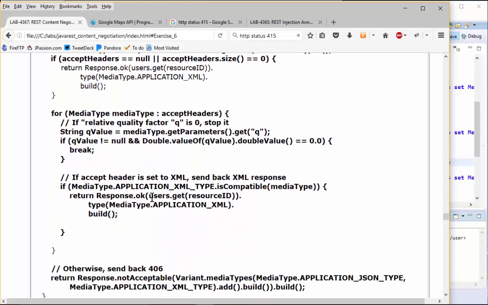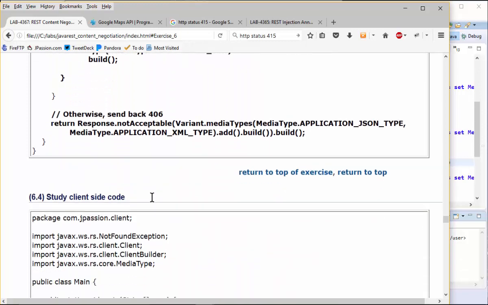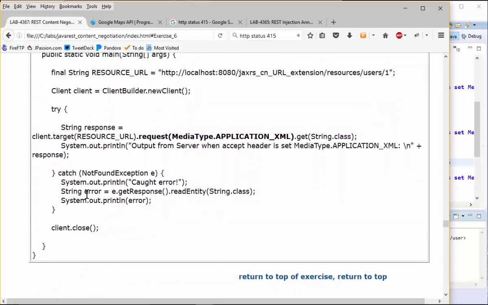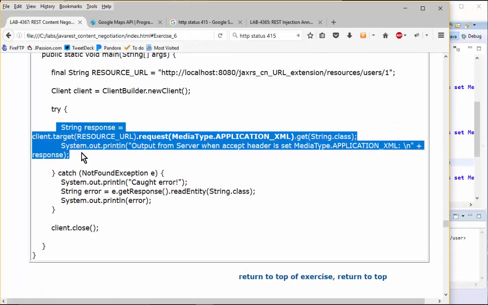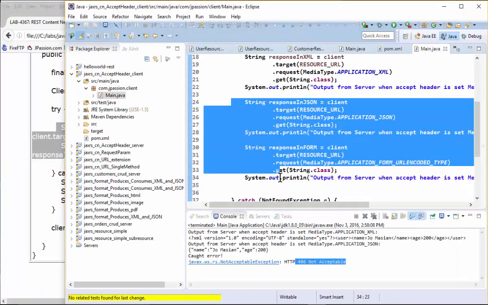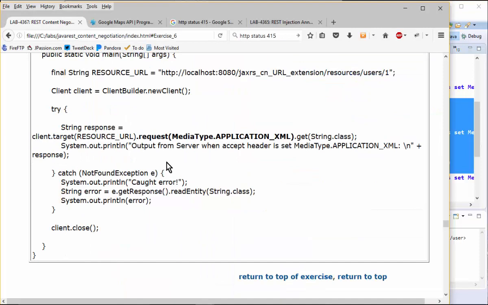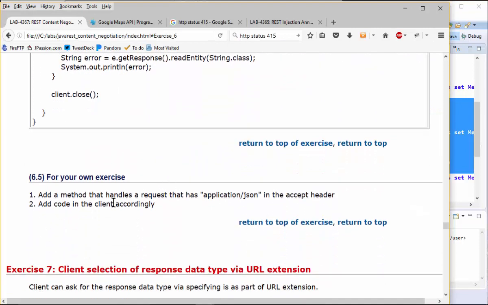Alright, so I need to add this result. That is the server-side code and client code. I added a few more lines of code here. I need to add this one to the lab documentation. For your exercise, add a method that handles a request that has application JSON in accept header, and add code in the client accordingly. All right? That should be pretty straightforward. I'll give you about 5 to 10 minutes, about 7 minutes. How about that? Okay, so